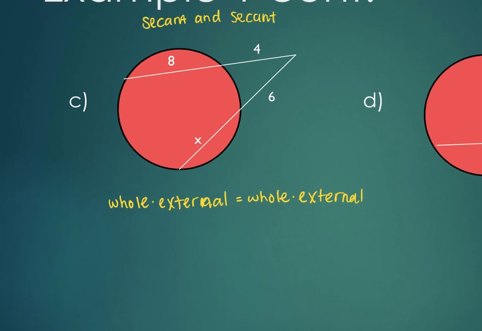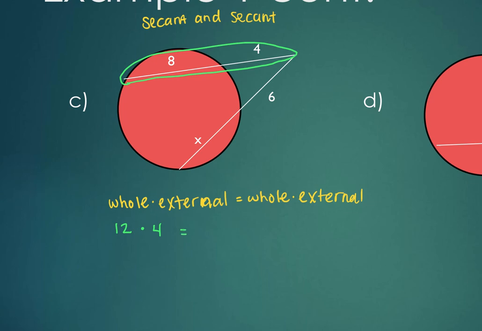Let's take a look at the first line segment. What's the length of that whole thing? 12. What's the length of the external part? 4. So 12 times 4